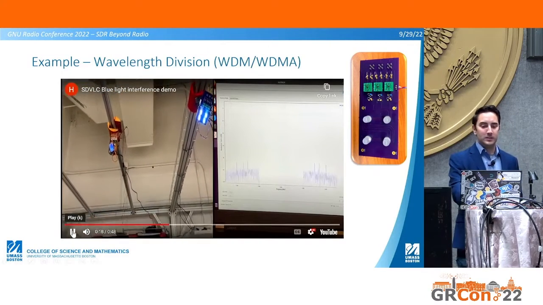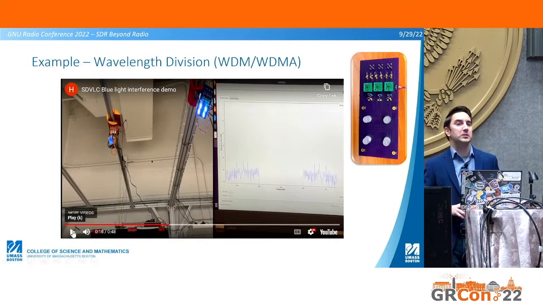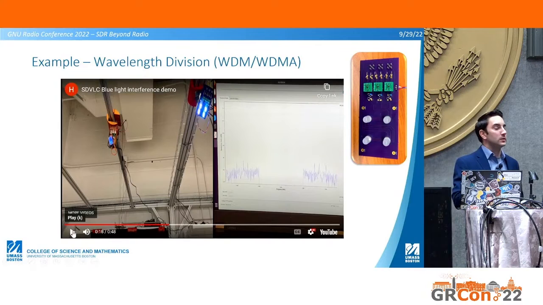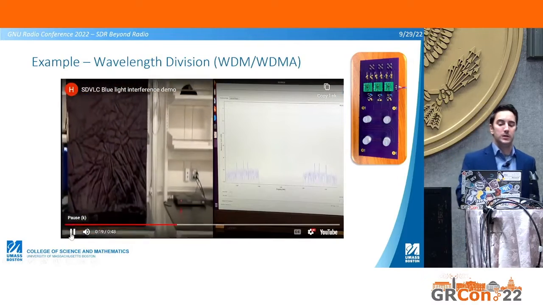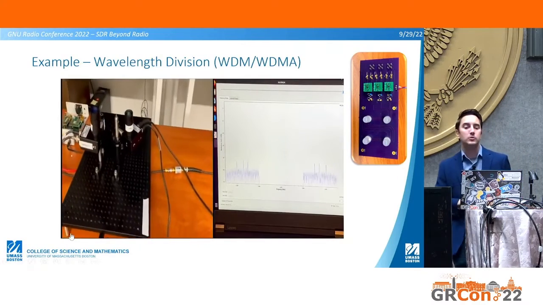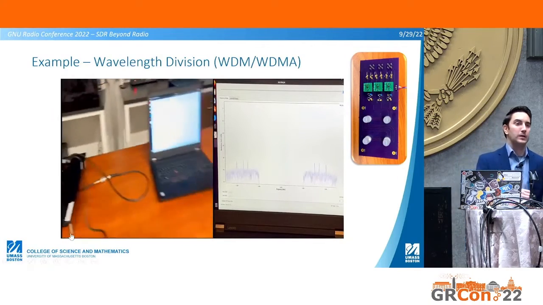Okay, in the ceiling, we have this other device that's just a single LED transmitting a blue light, and it's basically something to apply interference. So it's interfering in the blue color channel. Maybe it's a jammer, maybe it's another transmitter that's using the blue light signal. And on our receiver, we see this peak in the middle. So if we say this was the bandwidth of our actual intended waveform, this thing shows up right in the middle. It's not ideal. What we can do is then go back over to our transmitter and switch